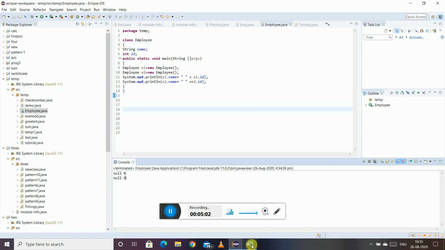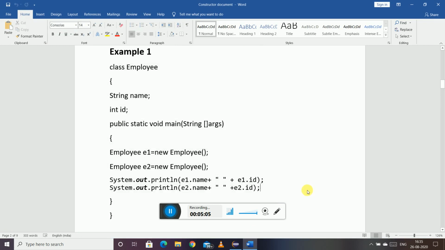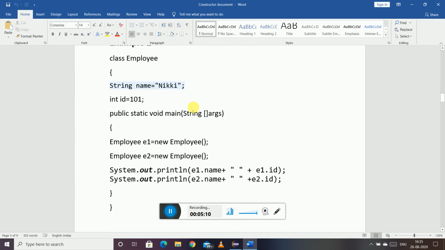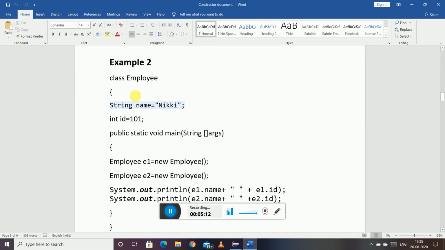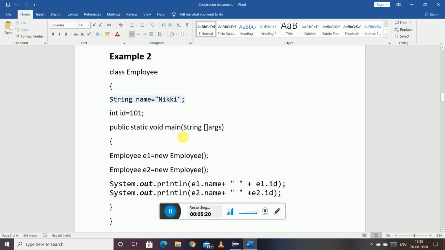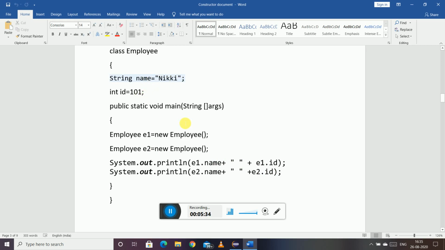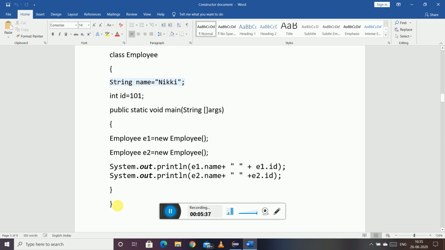So now let's take another example where I have initialized the values. It is the same program, it's just that now I have initialized the two variables. I have provided the name as Nikki and I have provided the ID as 101. Now I have created the objects E1 and E2, and through them I am again printing the name and ID of the two objects. But see, since you have provided a name and this ID, again if you run this program,